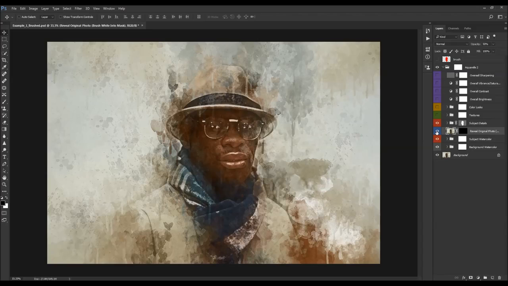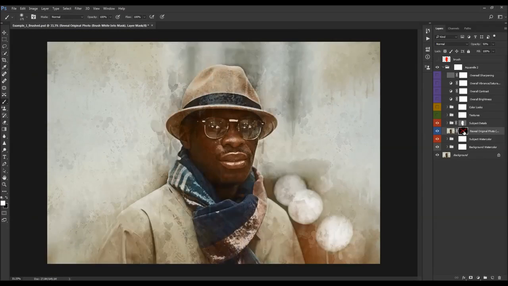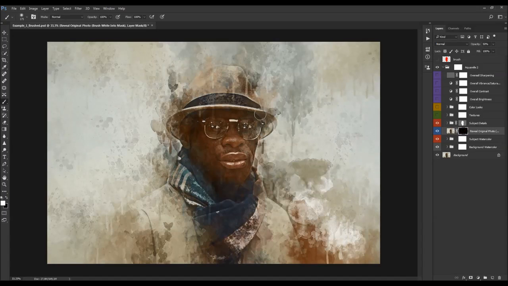When you turn off and on this layer, you see that nothing actually happens because this layer has a layer mask. So you select the layer mask, pick a brush tool, set foreground color to white, and as it says in the name, you brush white into the mask over the areas where you wish to reveal the details more. You're actually going to reveal the original photo with some